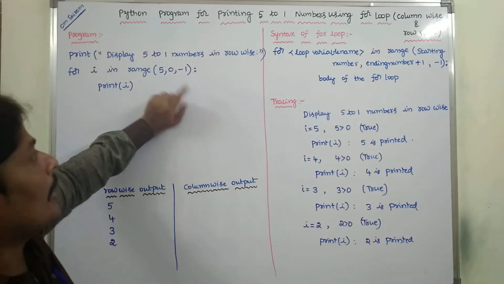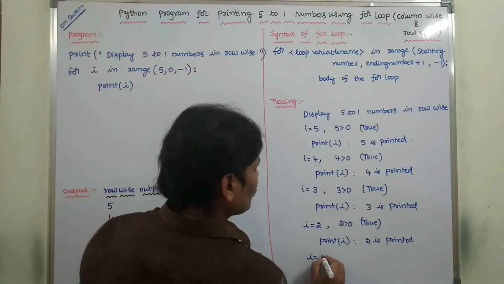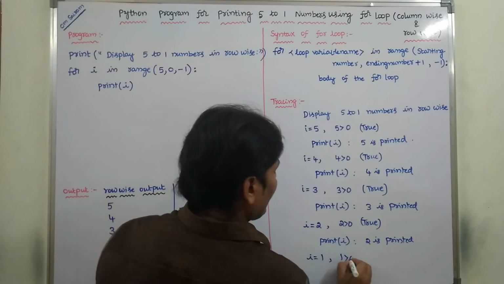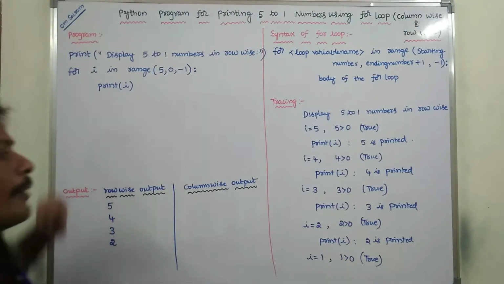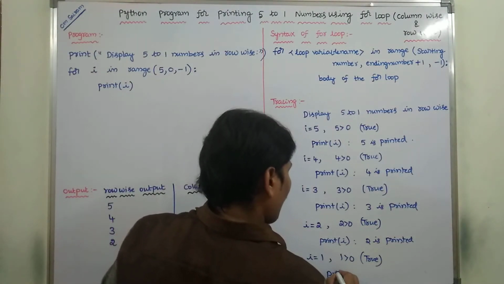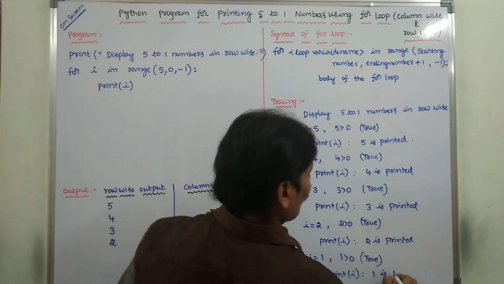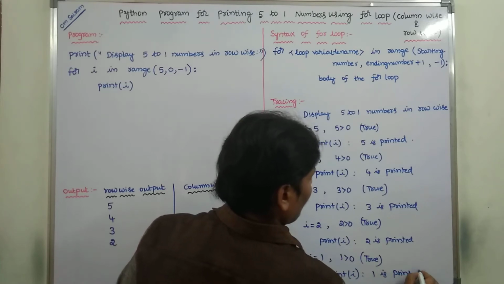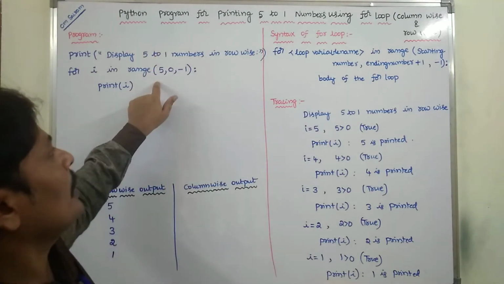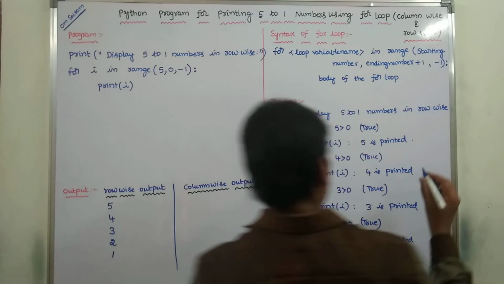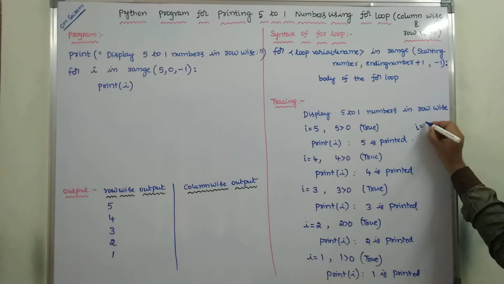Next, after that the control goes to the for loop, then the I value is decremented. Previously the I value was 2, 2 minus 1, 1. 1 greater than 0, so that is true. Then the control goes to the statement within the body of the for loop. So that is print of I. The I value is 1. Now 1 is printed. Then after that the control goes to the for loop and decrements the I value by 1. So now the I value was previously 1, 1 minus 1, that is 0.